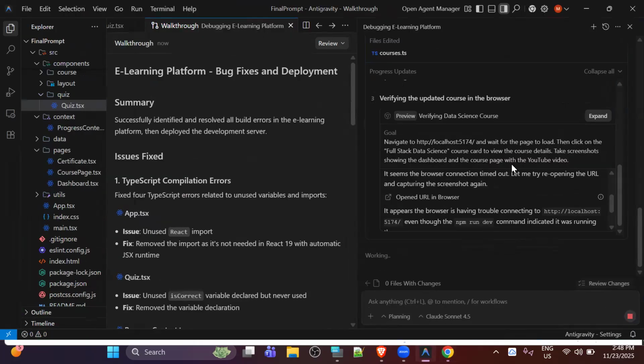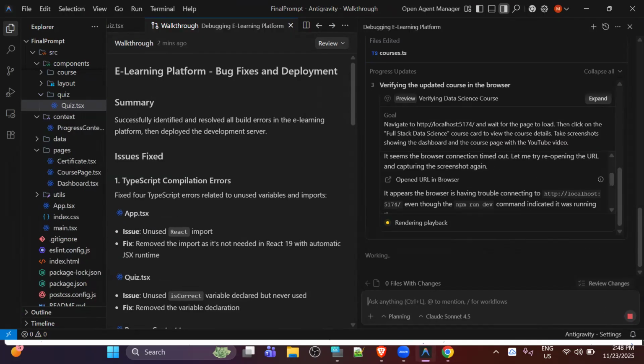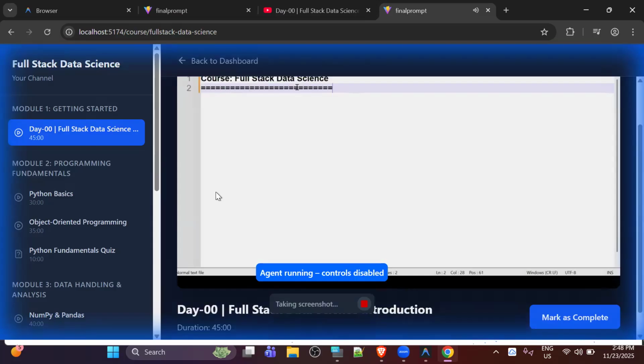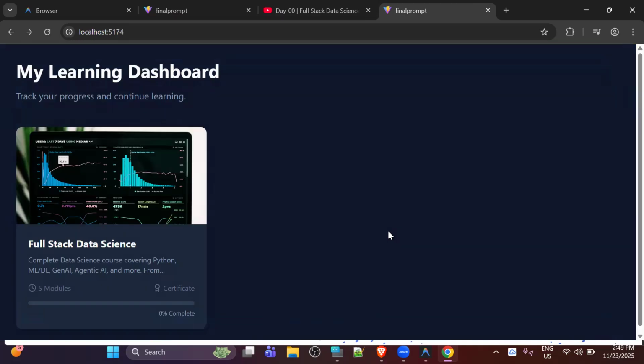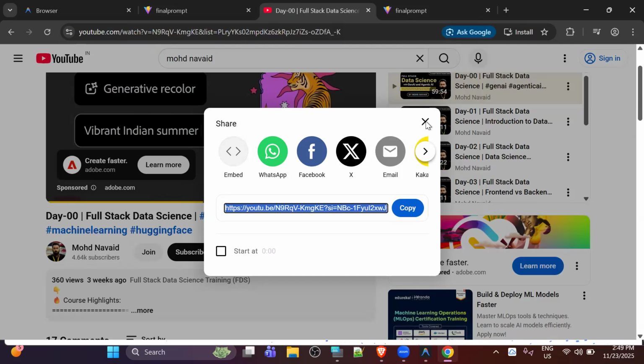Okay, so it is still working on it. Taking a screenshot, see all the things done by the agent. The agent is doing everything for us. Okay, and let's just say